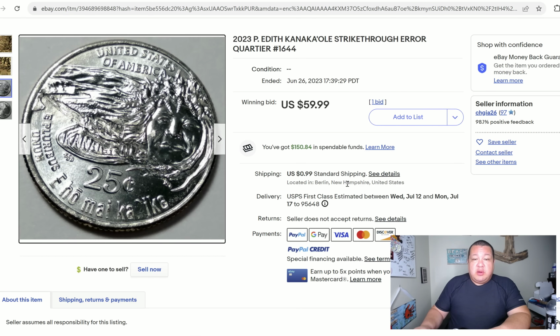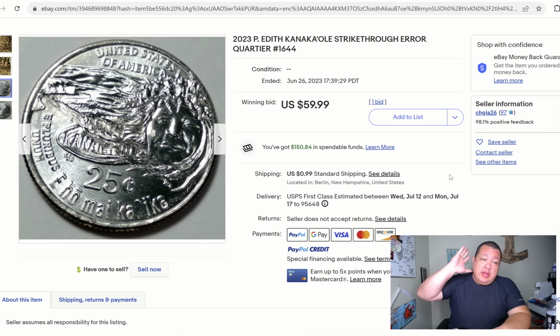Now, this particular person's in New Hampshire, so you're probably going to be somewhere in the New England area when you're looking for these. So if you're anywhere in the northeast part of the U.S., Maine, New Hampshire, Vermont, Massachusetts, Connecticut, that area, I would probably consider going and getting some rolls, because you're still going to find a lot of rolls of this particular quarter in addition to Eleanor. If you're not finding Eleanor Roosevelts, more than likely you're finding more of these EDITH KANAKA'OLE